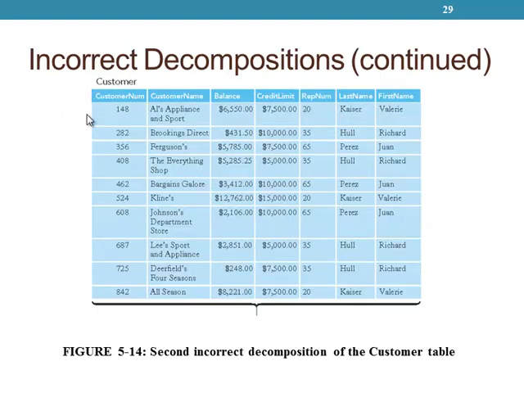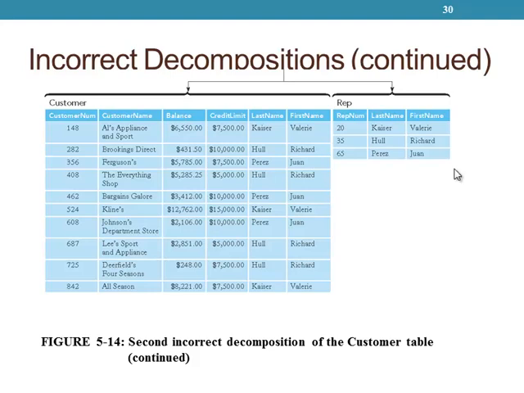Now here's another different way to make a mistake. Again, back to the original table with our last name and first name in there. Well, this is okay for your rep num table. That looks fine. But you're still leaving last name and first name in here. So you're repeating that data. Okay, better to use the index. You want to use what becomes the primary key in the new table as the indicator, or the field value, in the customer table.